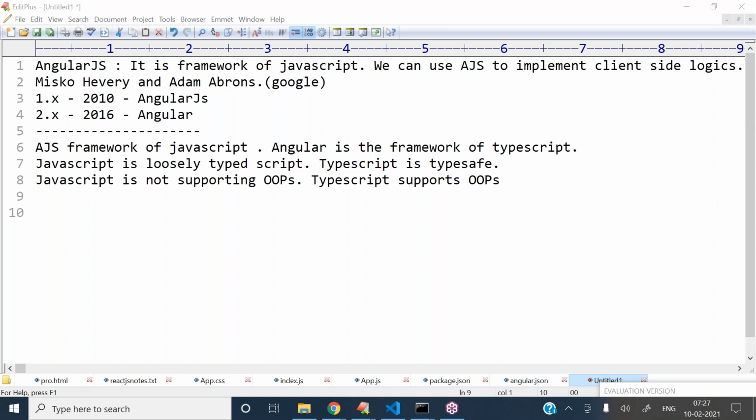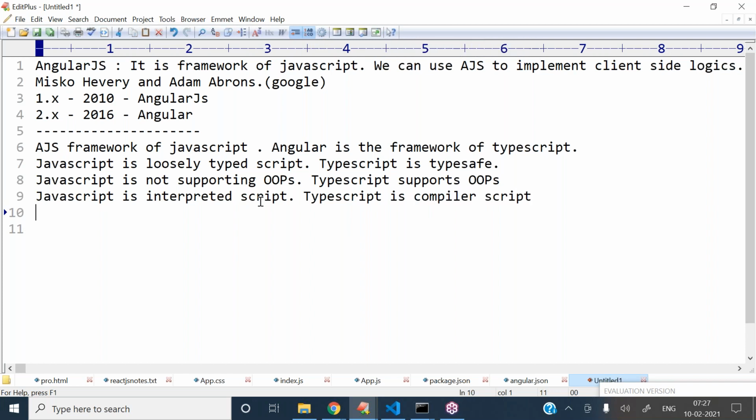And the next point, JavaScript is an interpreted script and TypeScript is a compiled script.